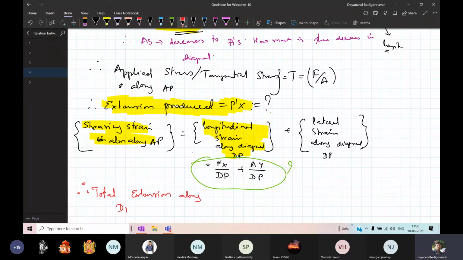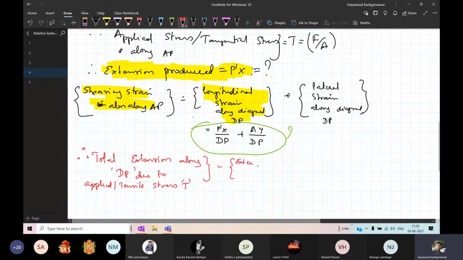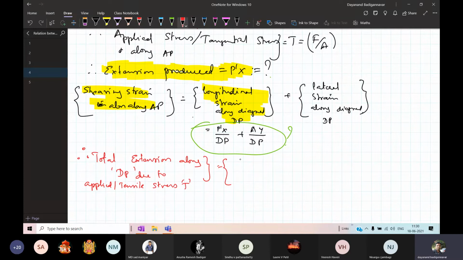along dP is equal to the sum of the extension produced for length dP due to the applied tensile stress T,